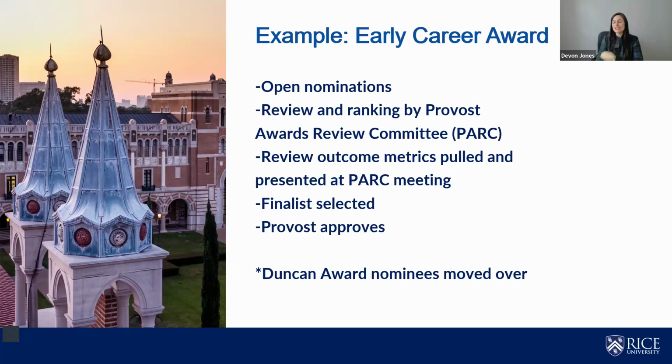Just really quick, sorry to go back to that. One of the reasons we really like to have those things listed there is the linking over to how it looks in the table of contents, but also those are the ones that you can't change requirements on. So they are required by the system. We will always want to know who the nominator is, and we will always want to know who the nominee is. If we do or don't get an email address, if we forget to hit that field as required, that's okay. We're going to need the nominator and the nominee. So that's just another reason to go this route.